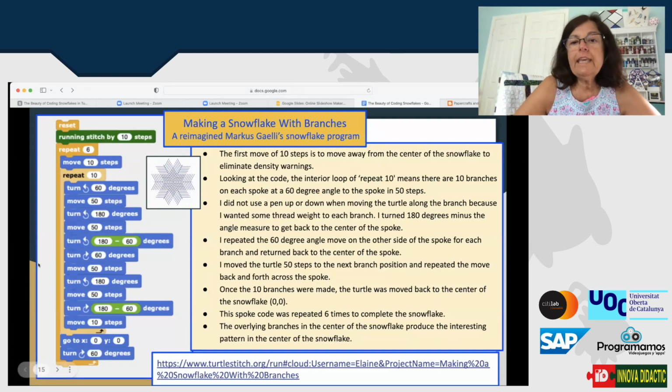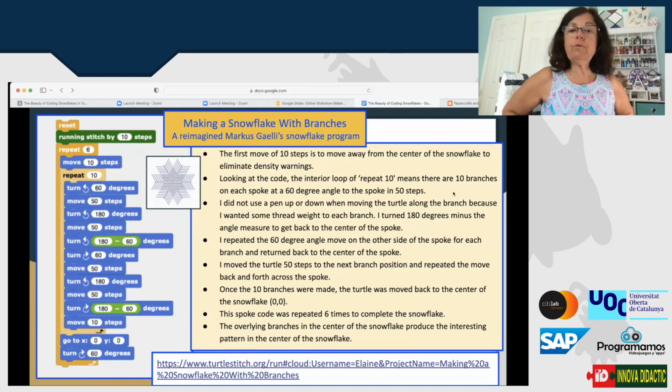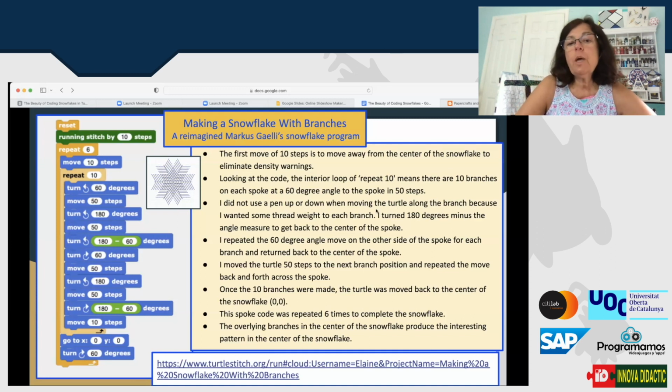Looking at the code, the interior loop of repeat 10 means that there are 10 branches on each spoke at a 60-degree angle to the spoke in 50 steps. I did not use a pen up or down when moving the turtle along the branch because I wanted some thread weight to each branch when the snowflake was being embroidered. I turned 180 degrees minus the angle measure to get back to the center of the